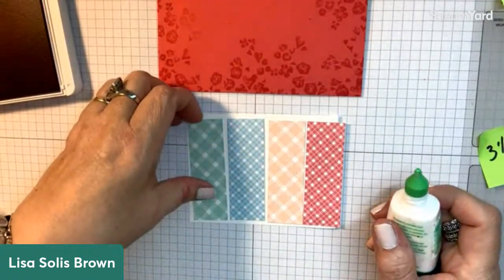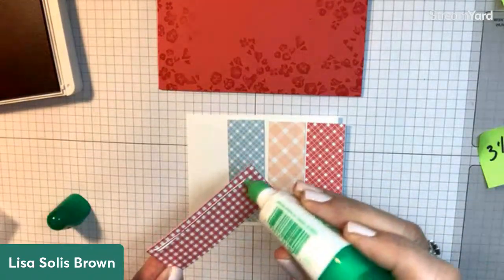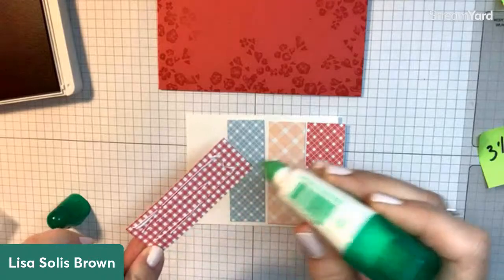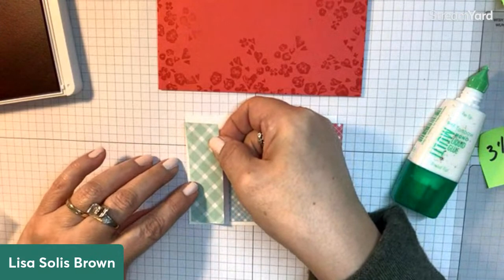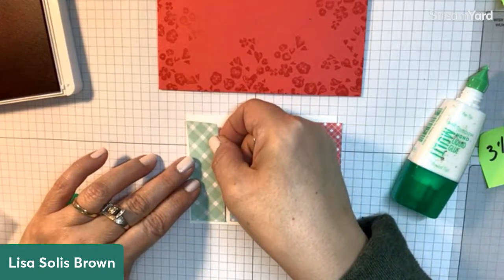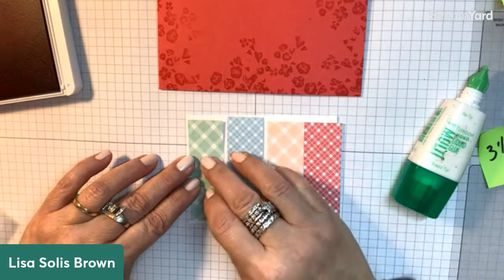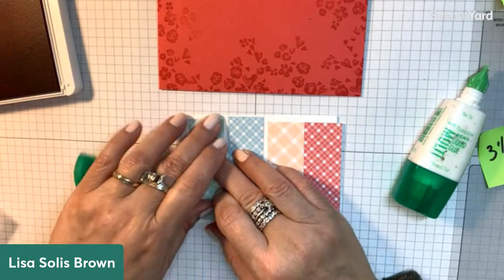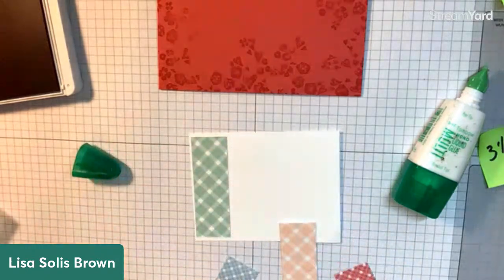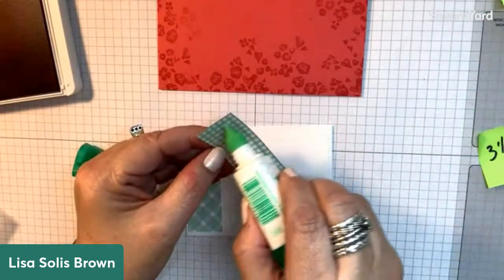And you have a tiny border all the way around, okay, so of the basic white. So I'm going to kind of sparingly put some glue there. Remember, less is more when you're using the glue. And I'm going to get it pretty close to the edge over here. Okay. Next, I'm going to take this piece that's going to go on this side and